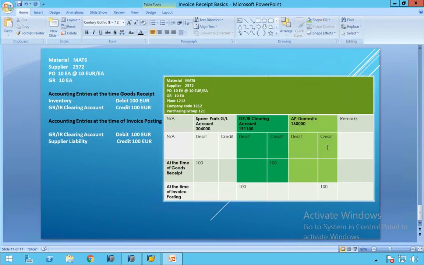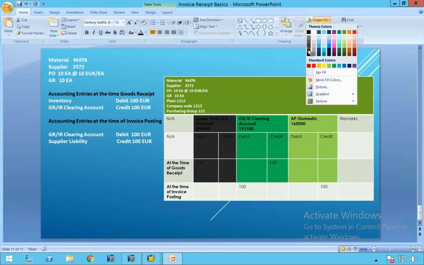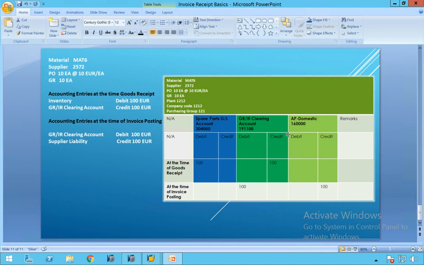Okay, so this is one GL account, and this is another GL account. First one is this. These are three different GL accounts, correct? You got it? Yes.